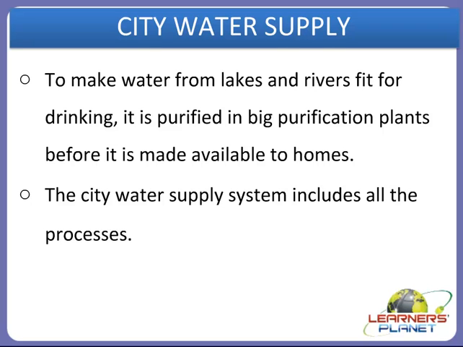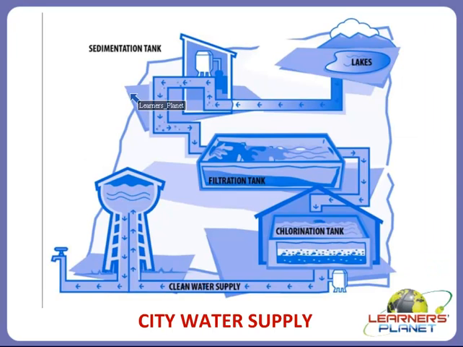So let us have a look at the picture which will best explain the city water supply system. Yes, this is the sedimentation tank. So first of all, what happens? The process starts from here. The large impurities are removed by sedimentation and decantation. The water is collected from lakes, rivers, ponds, puddles, and then it travels to the sedimentation tank where the large impurities are removed by sedimentation and